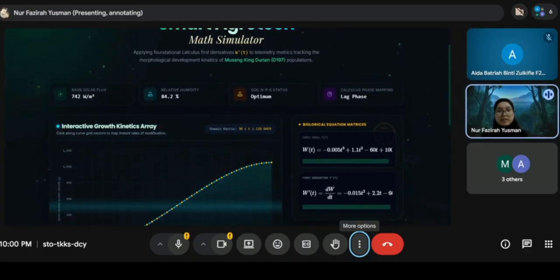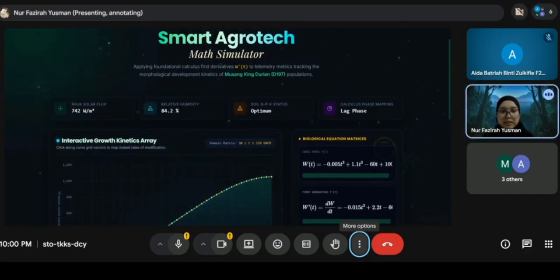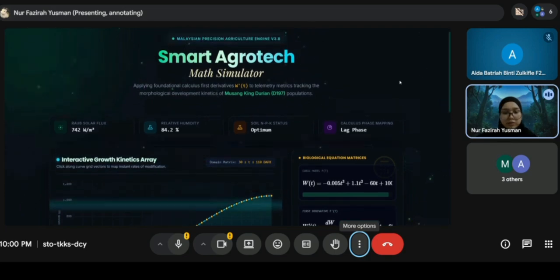My name is Fazirah. Today I am incredibly excited to present my live web page, the Malaysian Precision Agriculture Engine B3.8, which I developed under my Smart Agrotech framework. The bioscience problem my project focuses on is the highly unpredictable and complex developmental kinetics of premium agriculture crop, specifically